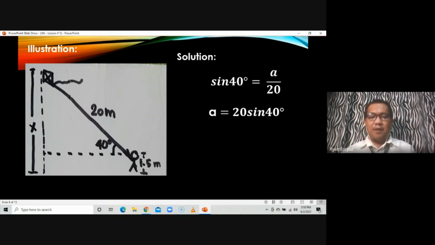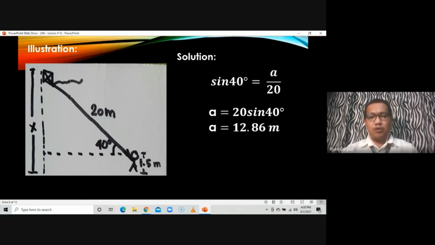Ayun sa mga hindi pa masyado yung calculator, pero sa mga latest na calculator, pwede nang diretso 20, press sin, press 40, press DMS, then press equals. So if you can follow that things that you have to press on a scientific calculator, you'll find out that the value of A is equal to